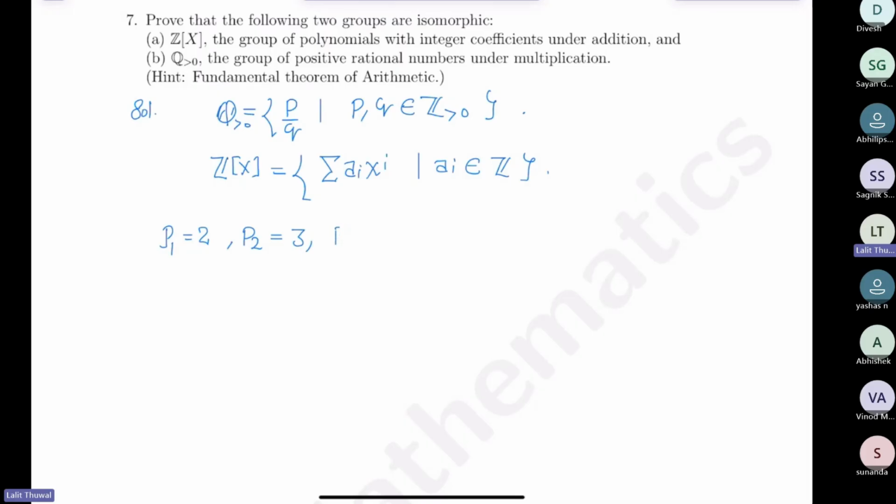P3 equal to 5, and so on. We have enumerated the primes. The fourth prime is 7. Okay, so